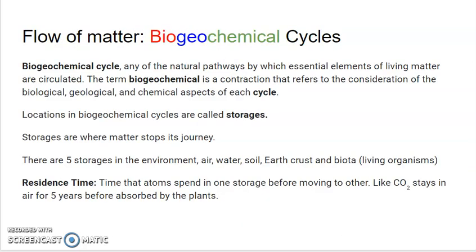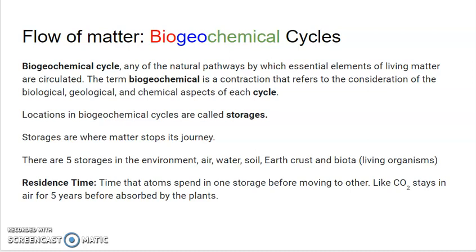So all this matter is cycling from one form to another. Unlike energy, matter is used over and over again. You may have heard this: you may inhale the same carbon dioxide molecule that Abraham Lincoln exhaled many years ago,